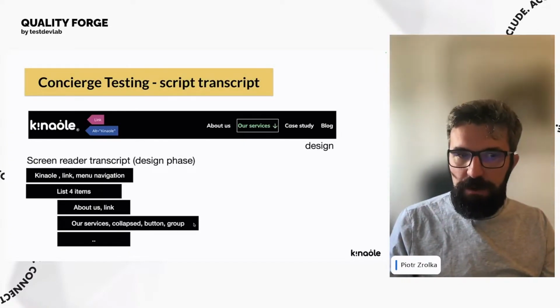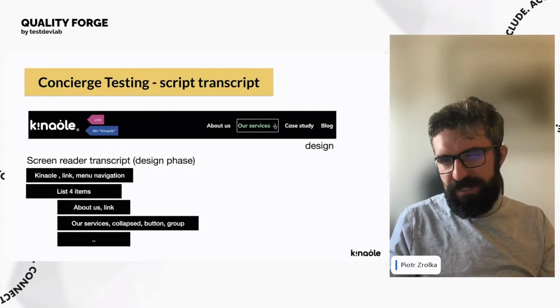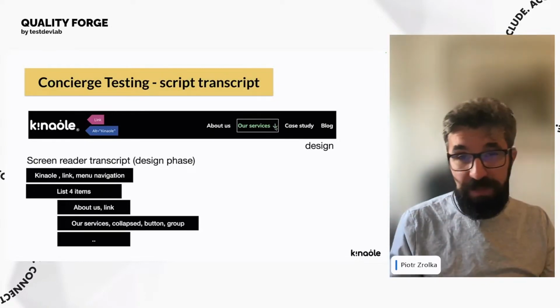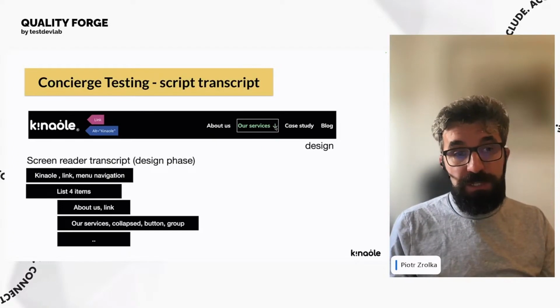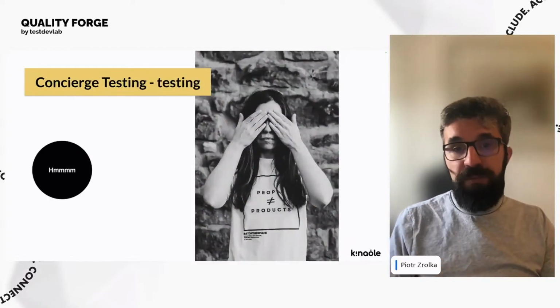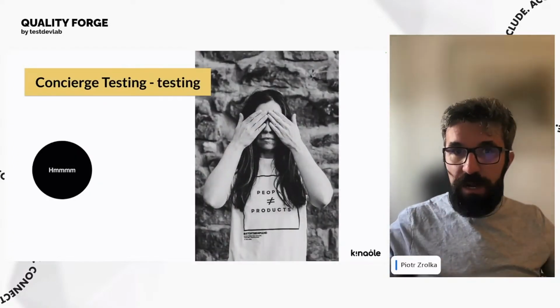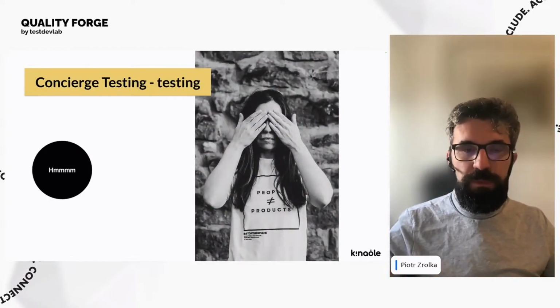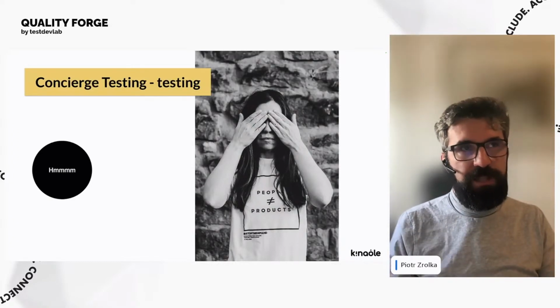Is this a link or is it a button? Because as you can see, there are some special arrows. Perhaps it opens a dropdown or something. So what we did was invite a blind person and start reading this transcript to this person. And this person said,